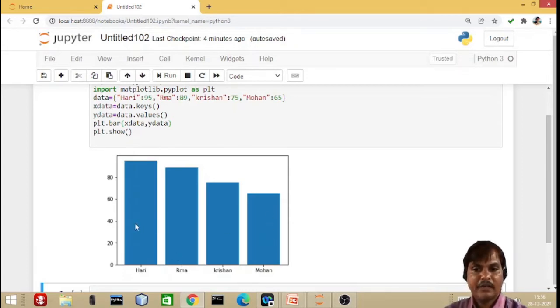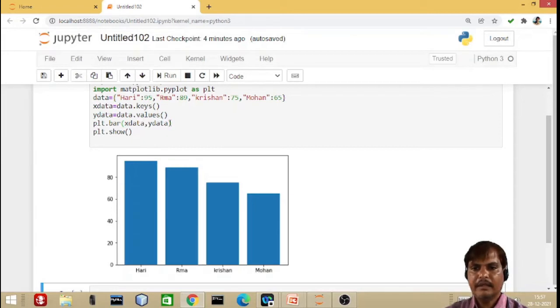Now this is the default width. What is the default width? Yes, dear student, the default width is 0.8 of a unit of the bar. Okay, unit in the sense of the difference between the first bar and the second bar. Each bar is allotted a space of 1, split into 10 small boxes: 0.1, 0.2, 0.3, 0.4, 0.5, like that. Got it? So let us see.